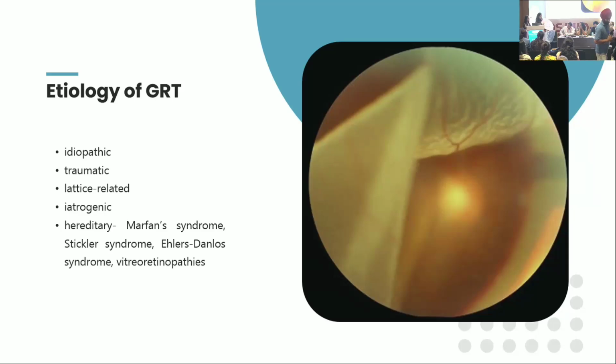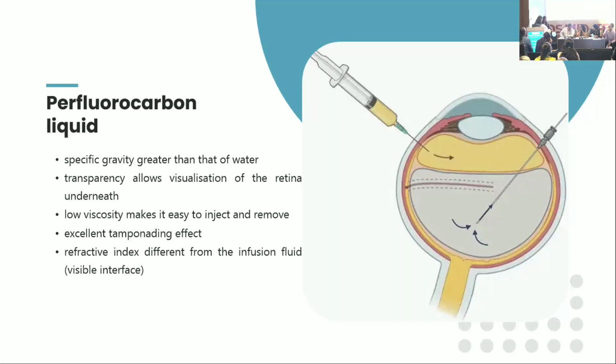The first step is vitrectomy. So first we need to remove the vitreous from the attached part of the retina and then from the mobile flap. And we have to remove as much vitreous as possible up to the very base. Now, the next step, we have to remove the anterior flap also because of the subretinal fluid, which might cause slippage later. Next, there might be any proliferative vitreoretinopathy or any folds which have to be removed so that the retina is uniformly flattened.